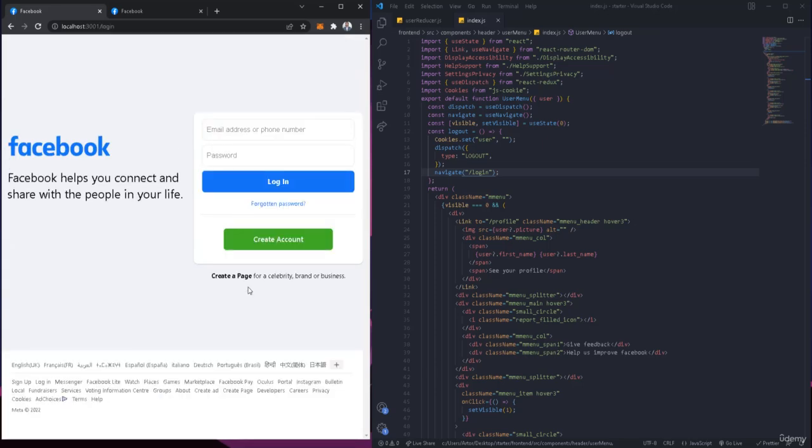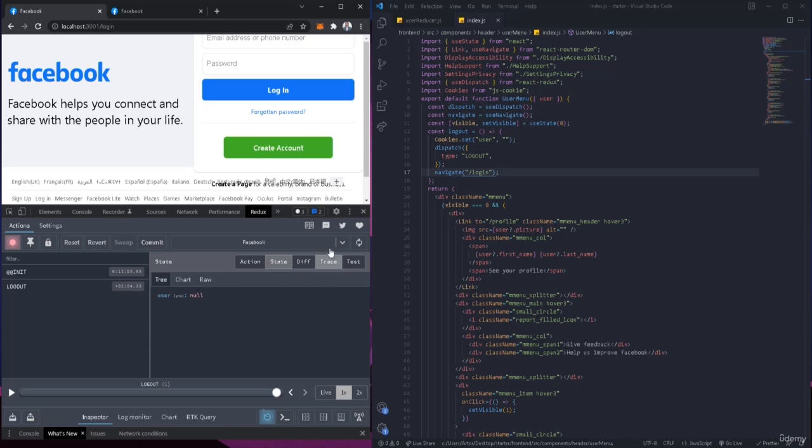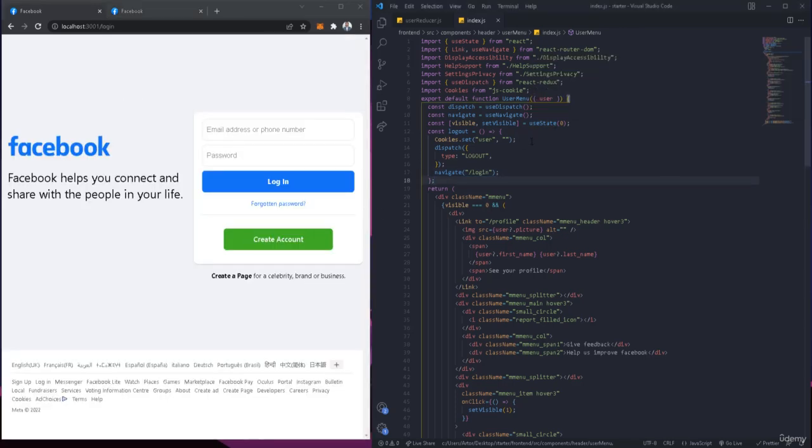Okay, if you go back right here, as you see, the user now is empty, and also in the Redux store, let me go to the Redux, and then you're going to see that it's not necessary, actually you don't need to do this navigate, because we've already done. If you don't have a user, it's simply gonna get you out of the way and put you to the login page. Okay, but just like a layer of security, so if something happened, we don't know, we make sure that we navigate and take you